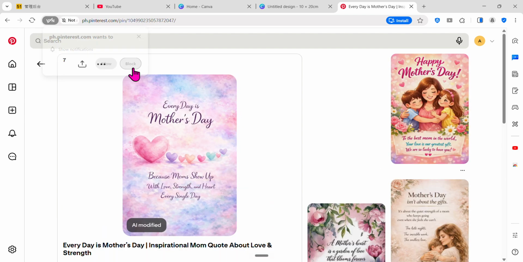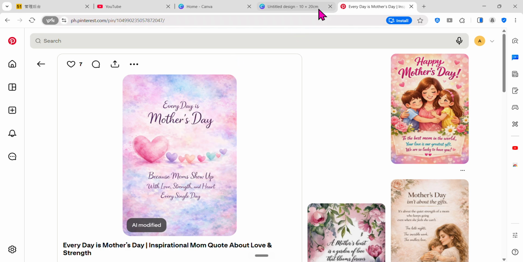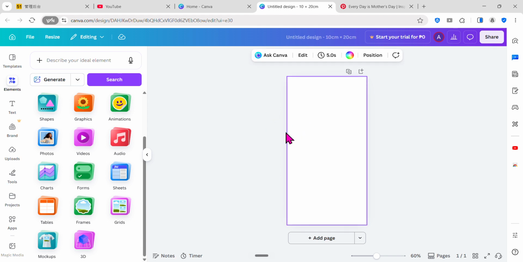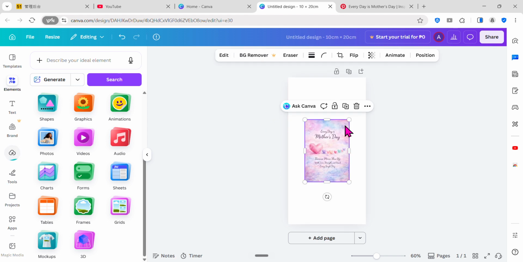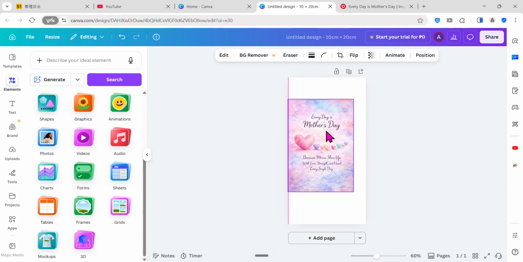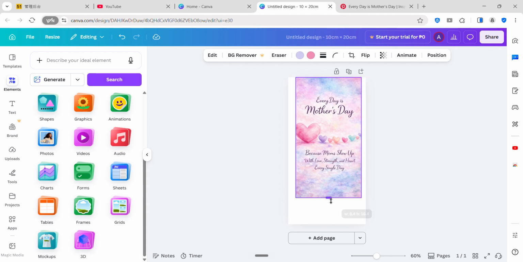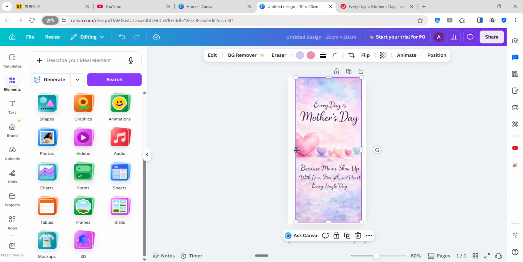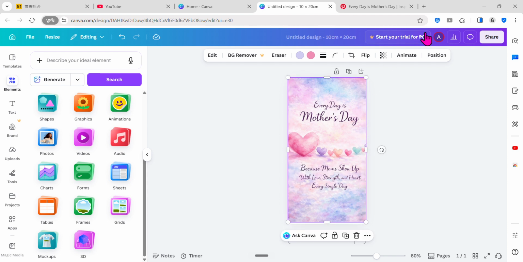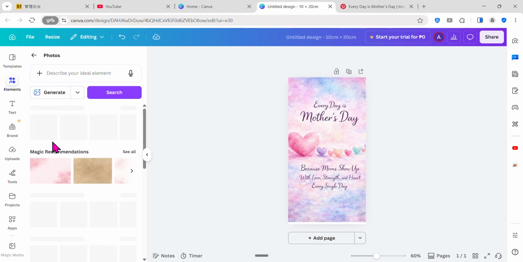I just block it and then right click and copy image, then go to Canva and press Control V. So you can see this, like that. You can just try this up like that.